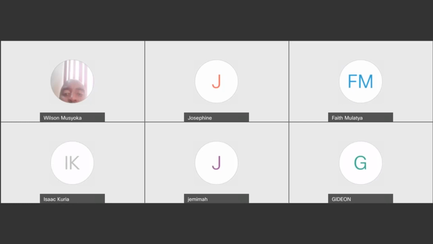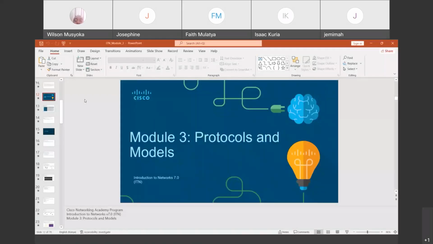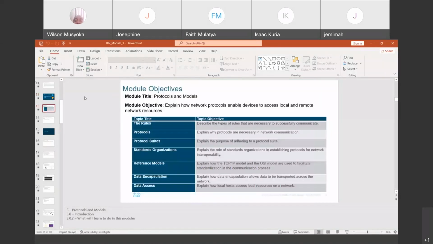let us do a summary of the Cisco presentation, whereby it talks about the protocols and the models, some of which we have already dealt with. So we will just skim through this one very quickly just to understand.